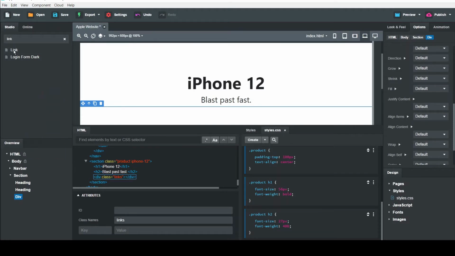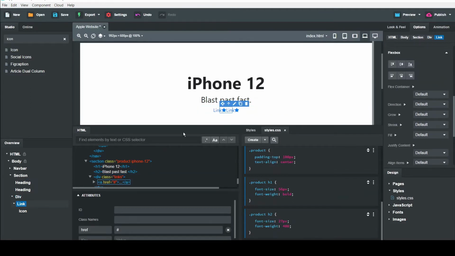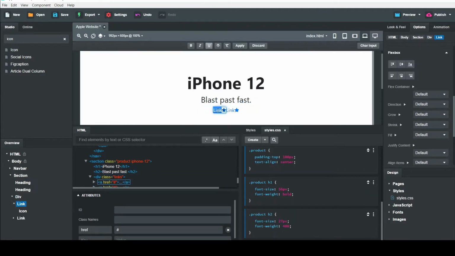Drag it again. We need an icon also. So just drag and drop the icon to the link. For making duplicate, just press the Ctrl D. Now edit it.